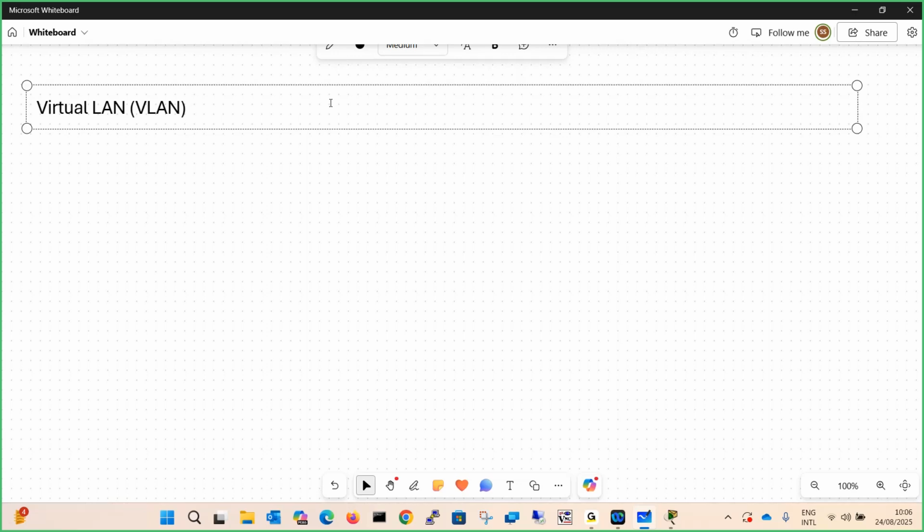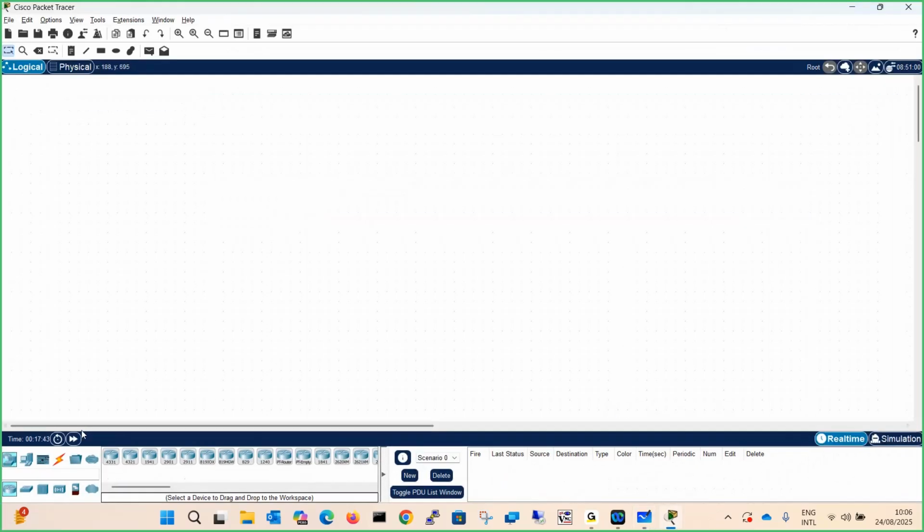Now, a virtual LAN or a VLAN is the concept where we can divide the devices logically. Now, coming to this packet tracer over here, let me take one switch. Let me connect one PC as well over here. And let me take one more switch, and one more PC over here.